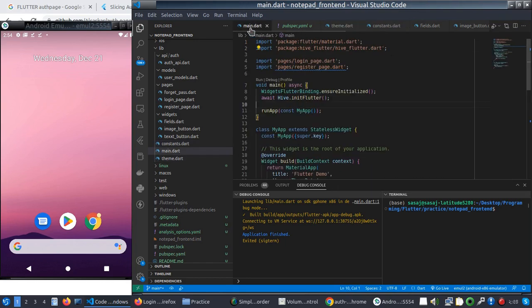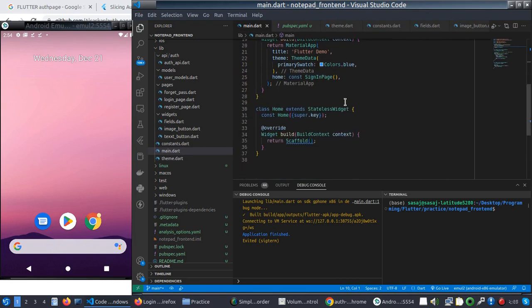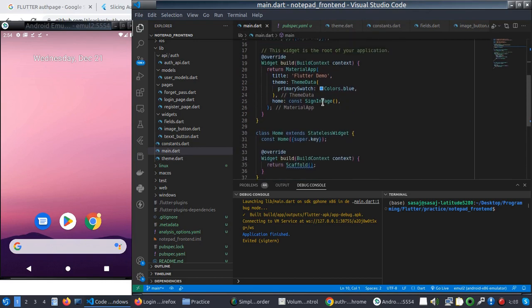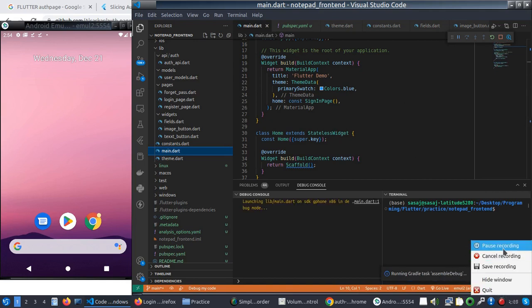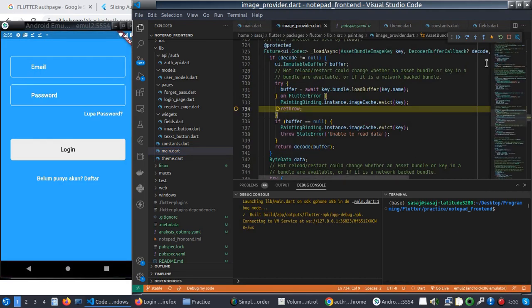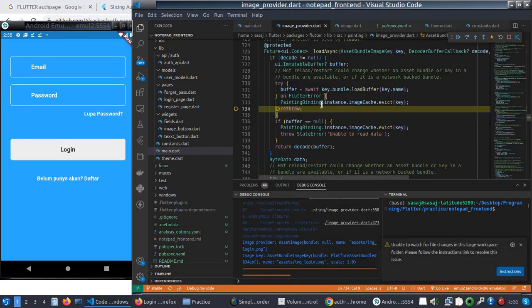After that, I initialize Hive and I'll open box, hive.openBox, here in sign page when it is running. If we run, okay,